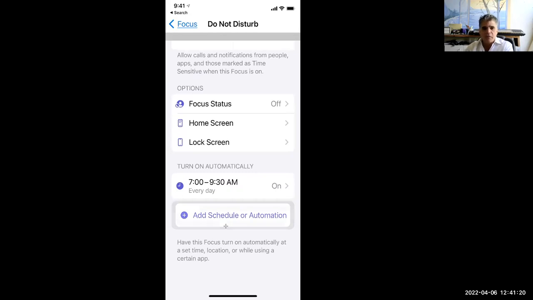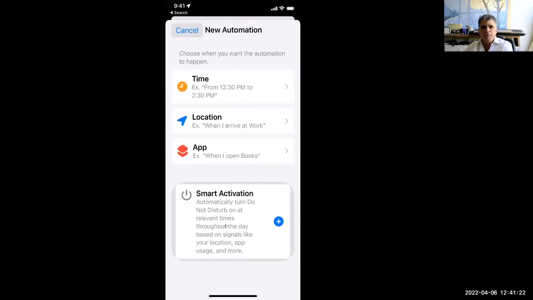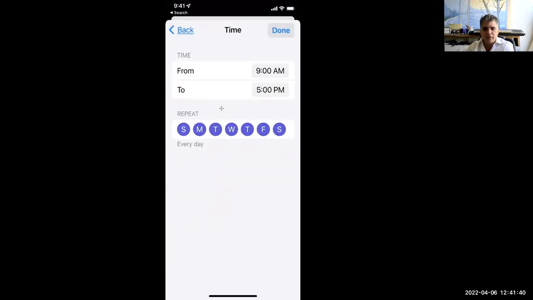And when you do, you can say, maybe from, these are examples, from 12:30 to 2:30, maybe it's lunchtime, nap time, bingo time, card time, whatever. So anyhow, you can set up whatever you want here. So I'm going to set up one on a time. I'll say from